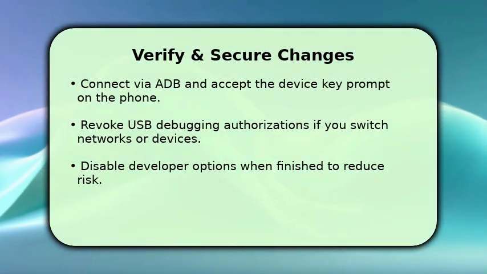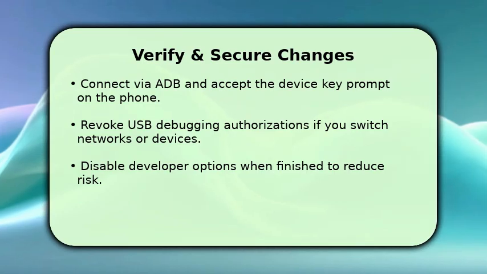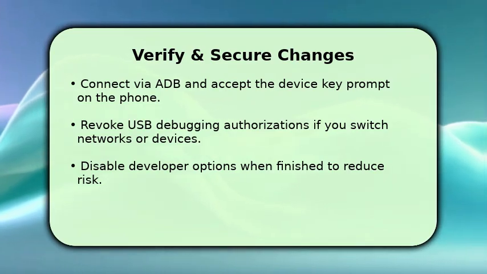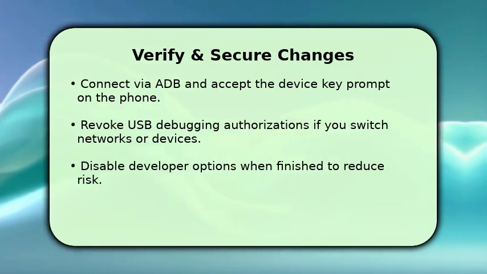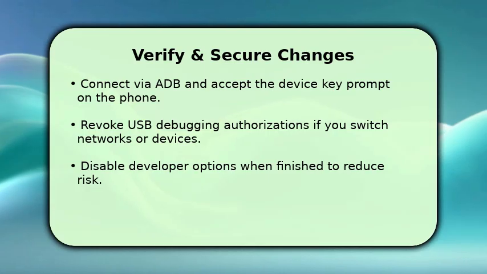You finish by verifying connectivity. Plug the device into your computer, run ADB devices, and accept the RSA key prompt on the phone to authorize the host. Once your work is complete, revoke USB debugging authorizations and consider toggling developer options off to restore default